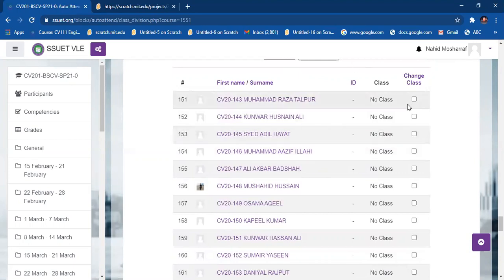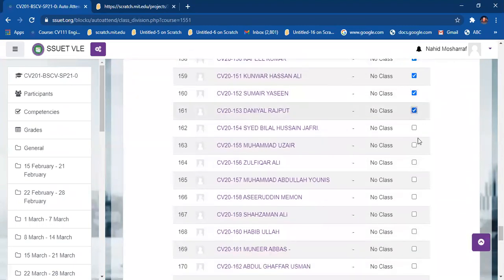For example, I have to click on change class. I have to click on the students, and I also have to check this with the list provided by the department, whether all the students are eligible for section D or not. So I have to check this one as well.